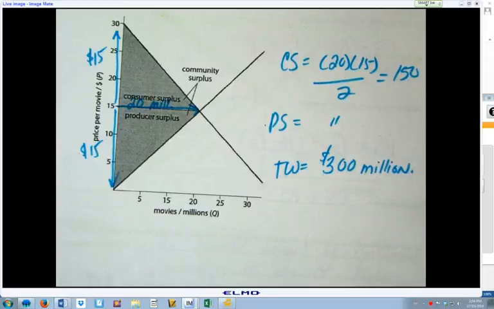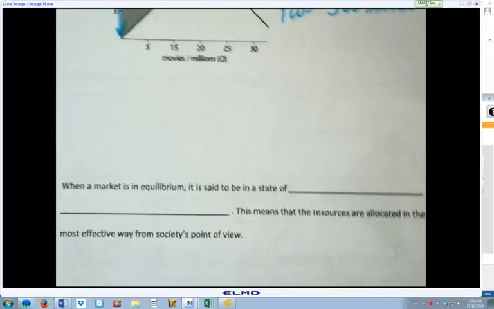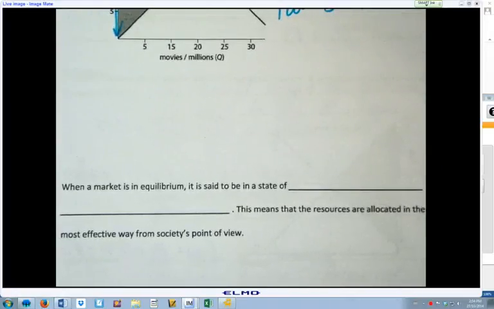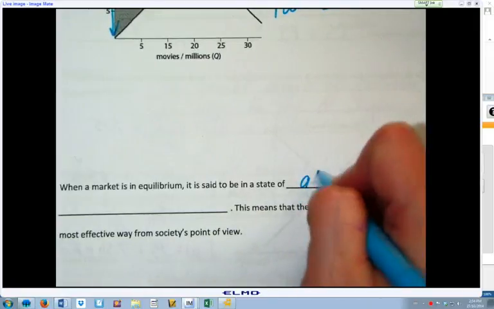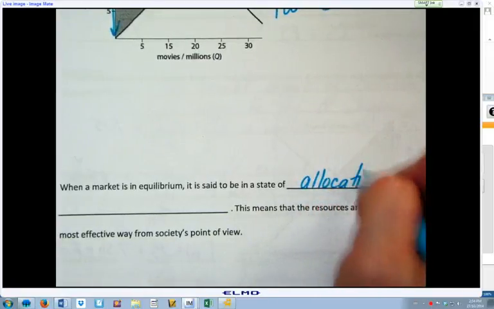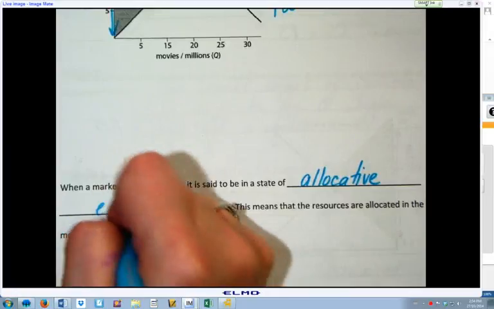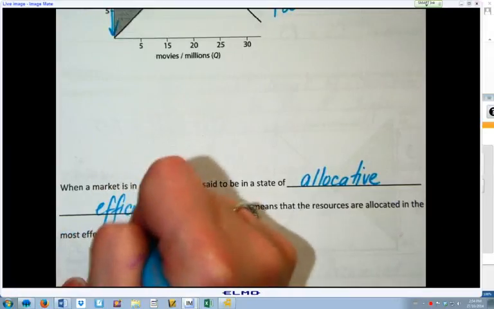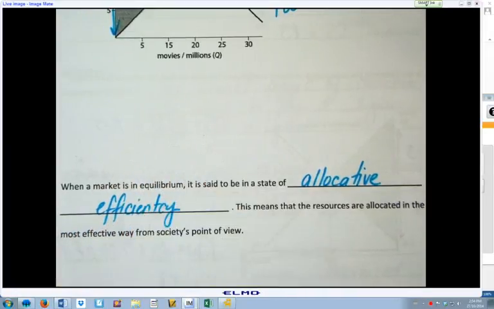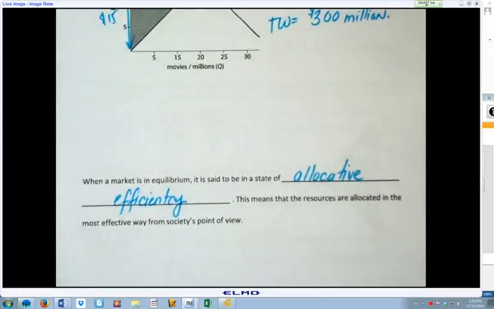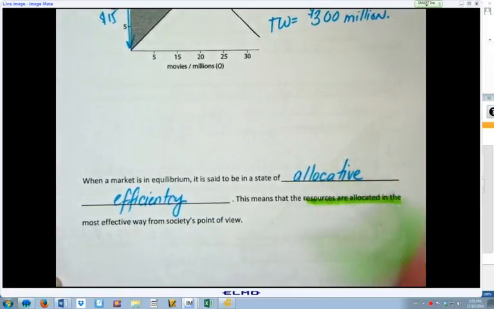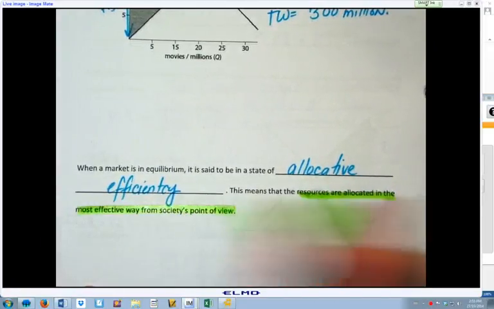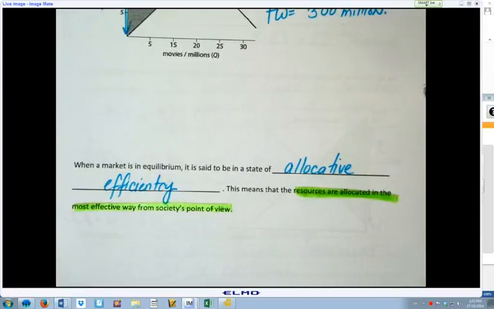When a market is in equilibrium, it is said to be in a state of allocative efficiency. Fancy, fancy word. Allocative efficiency. What does that mean? Resources are allocated in the most efficient way from society's point of view. Equilibrium, good. Disequilibrium,